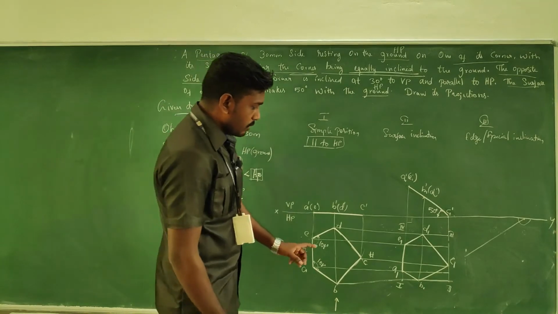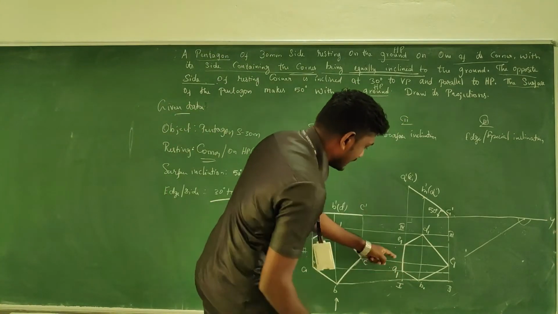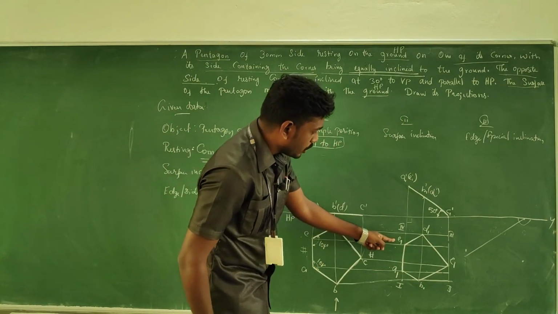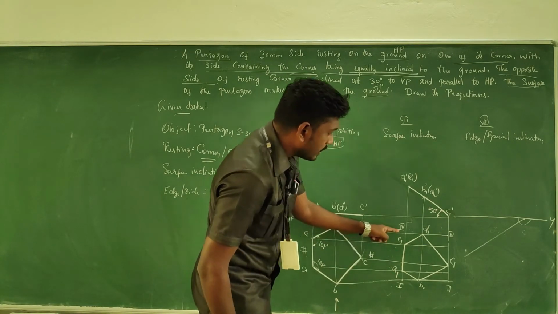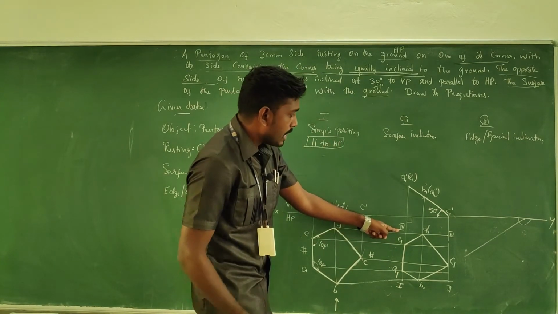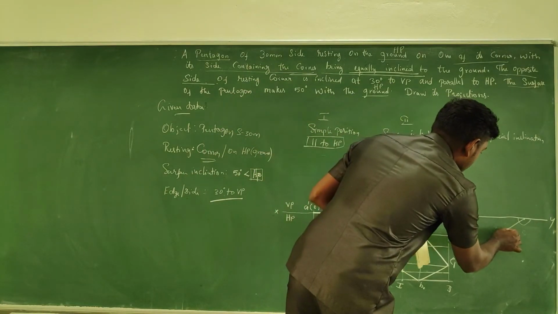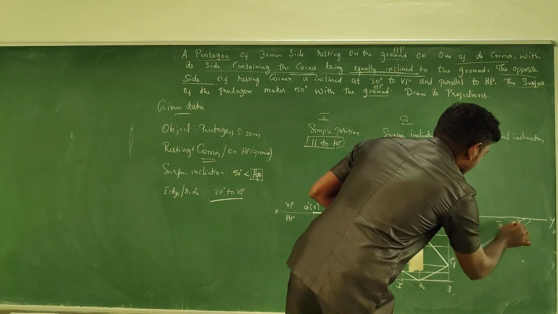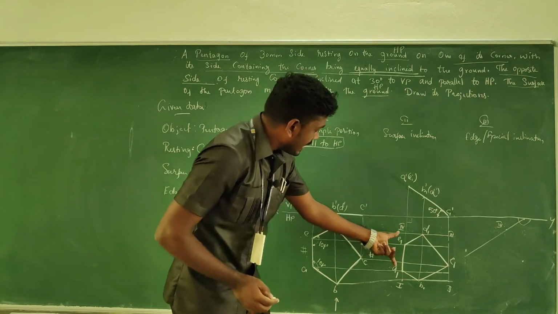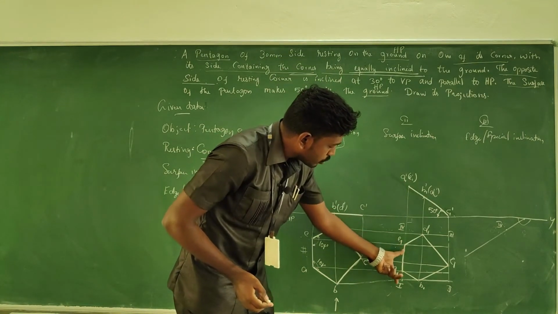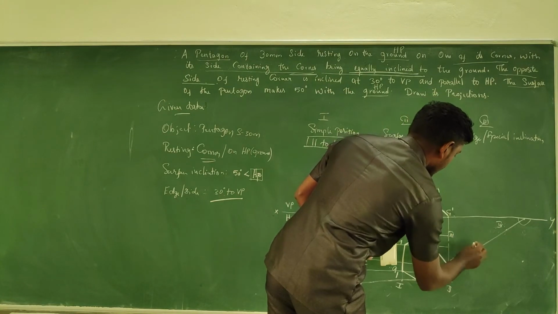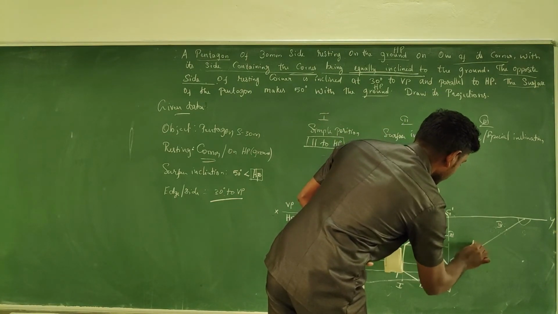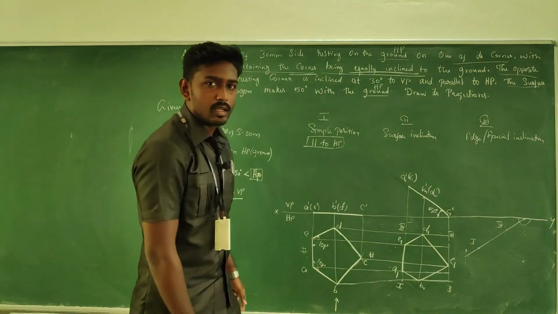Okay. So I am going to tilt the side AE. First of all, I am going to make the points 1 and 4. First I am going to take the fourth point anywhere on the inclined line, by taking the measurement 4 to 1 and reproducing it over the inclined line like this.